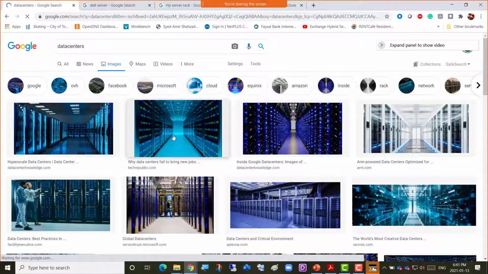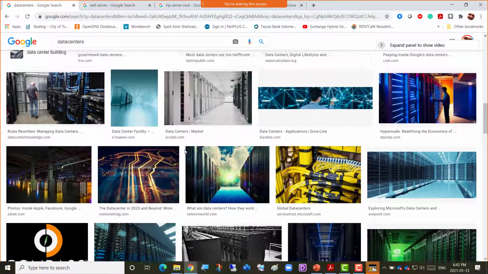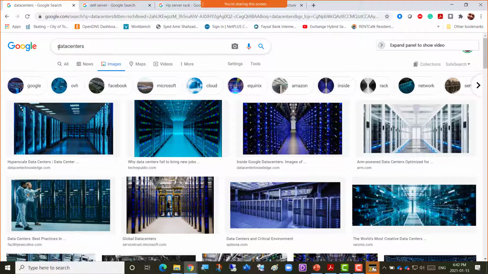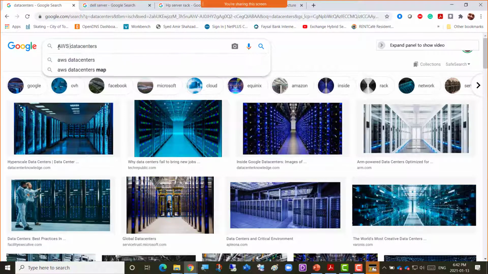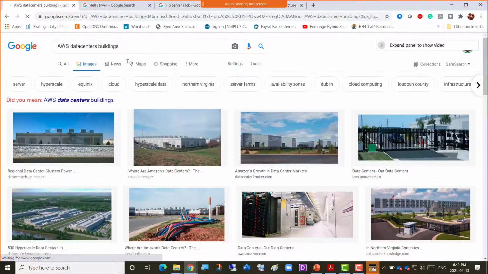Well, they just look like buildings, right? They're just big buildings. That's it. AWS data centers. The data center buildings, yeah, simple buildings, right?